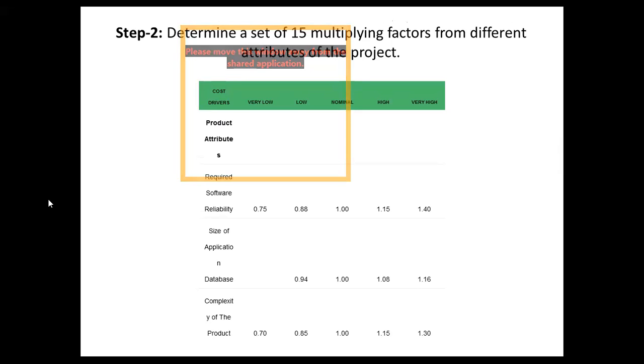The table will be provided to you, so there is no need to remember such values. But whenever you are going to calculate the EI, the initial estimate or initial effort, you must remember the values of a and b, so that you can pick and choose directly from the table. So there is a need to remember the values for the constants.